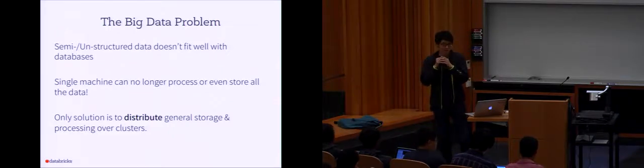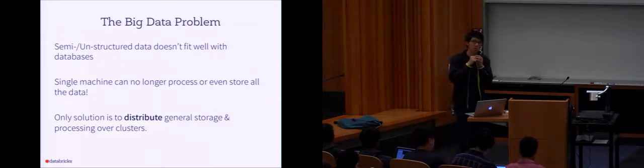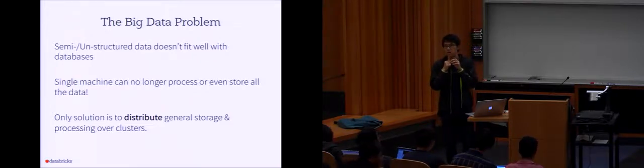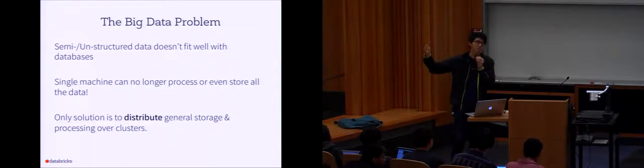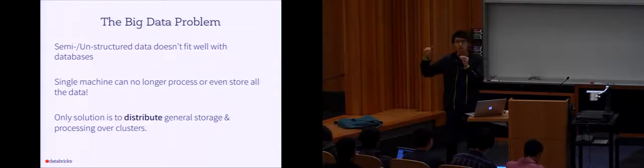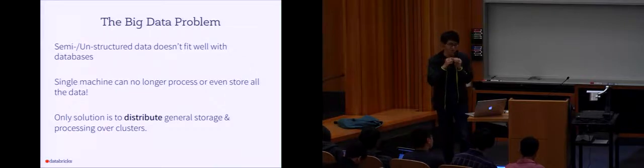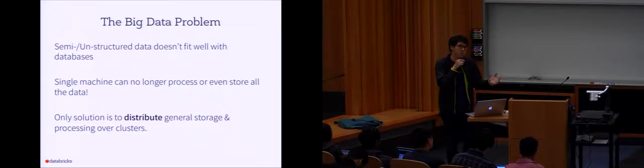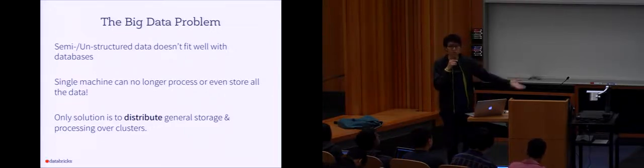And the second part is about databases. Database systems, at least back in the day, required you to have a very well-defined schema. The first thing you learn about MySQL is how to create a table with maybe 10 different fields, and what the schema and the data types associated with those fields are. And those don't fit very well with semi-structured or unstructured data. For example, if you want to store an image, MySQL is probably not the best thing to put your data in.